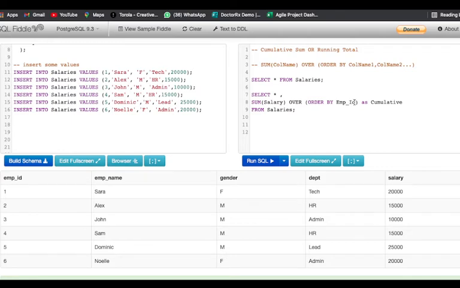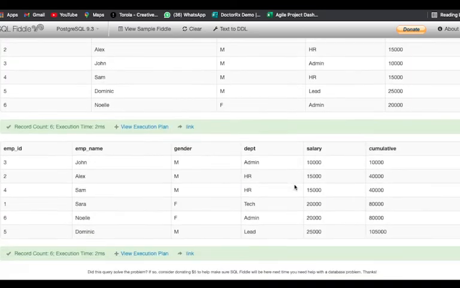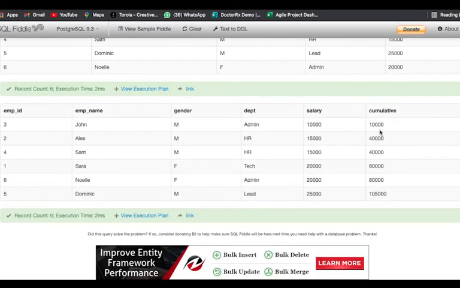Now here I want to talk about what if I had ordered this by salary only. We are going to land up in a problem here, so I'll show you what that problem is. If we order this by salary, do you notice there's some problem with our sum? First we have 10,000, then 10,000 plus 15,000 should be 25,000. Why is it showing us 40,000? And then after that it should be something else, but again it is showing us 40,000, the same as above.